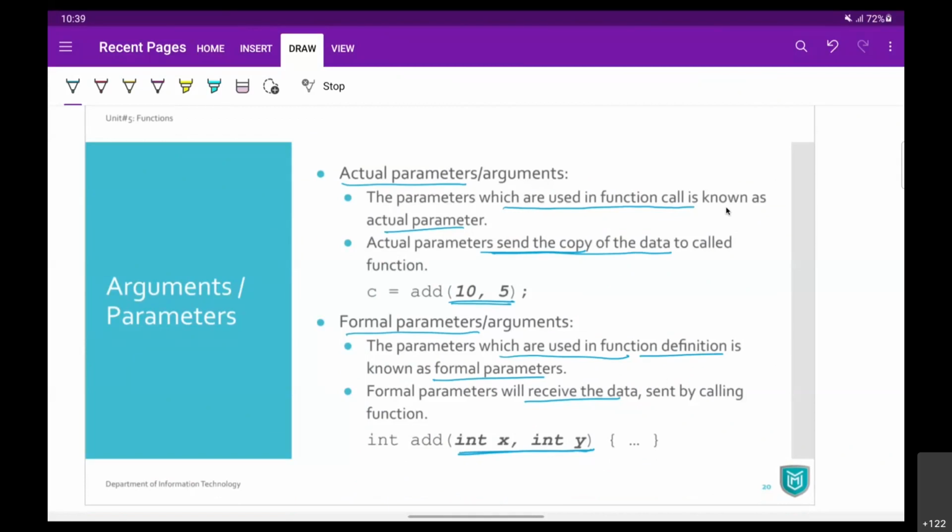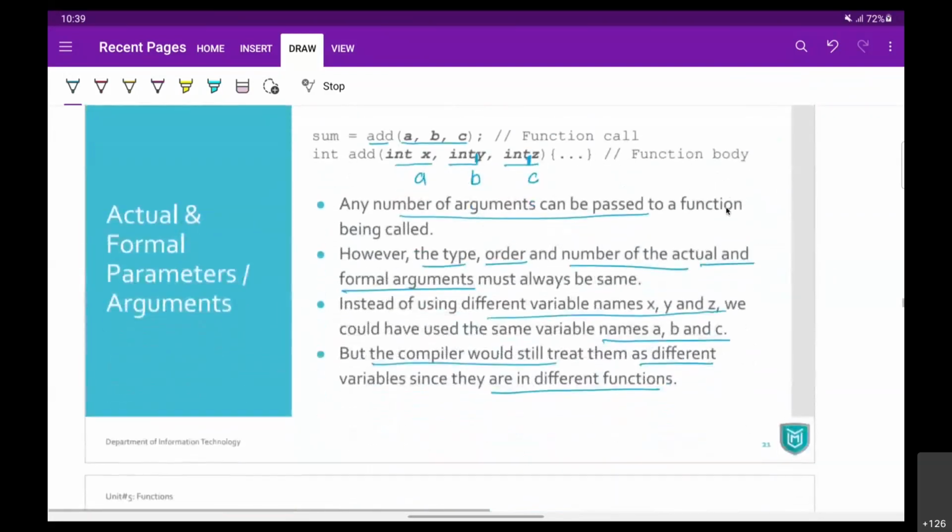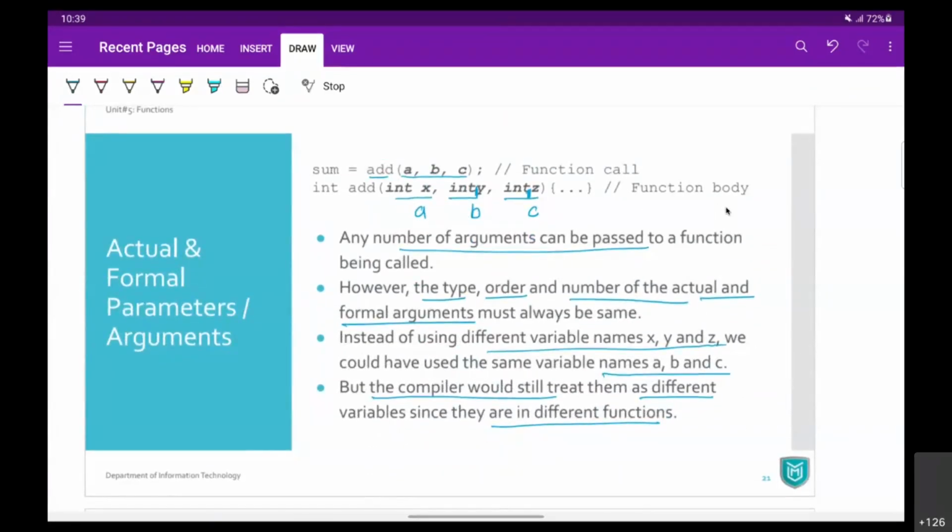Okay. And after that, we have seen parameters or the arguments, actual parameter and formal parameter. The value that we send, जो value हम भेजते हैं, that's the actual parameter, actual argument. And on the other hand, the variable which is going to receive that value is called the formal parameter or the formal argument. Okay. And we have seen this example, and in yesterday's lecture, we had seen a number of arguments and all, right? Along with this, we have discussed local and global declaration, even the scope of a variable also, right?